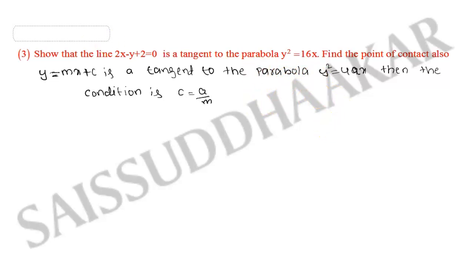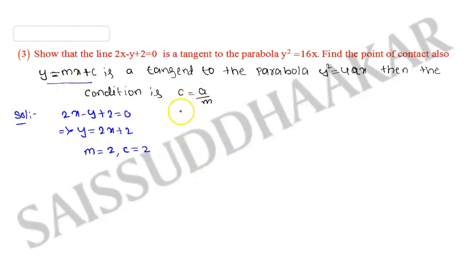So here, coming to the question, I am writing the solution for the given question. First, the given line equation is 2x minus y plus 2 is equal to 0. This can be written as y is equal to 2x plus 2. Here minus y is there, that minus y I am taking to the right side, so it becomes plus y. Okay, y is equal to 2x plus 2. Here I can write the m value as 2 and the c value is also 2, by comparison with our formula y is equal to mx plus c.